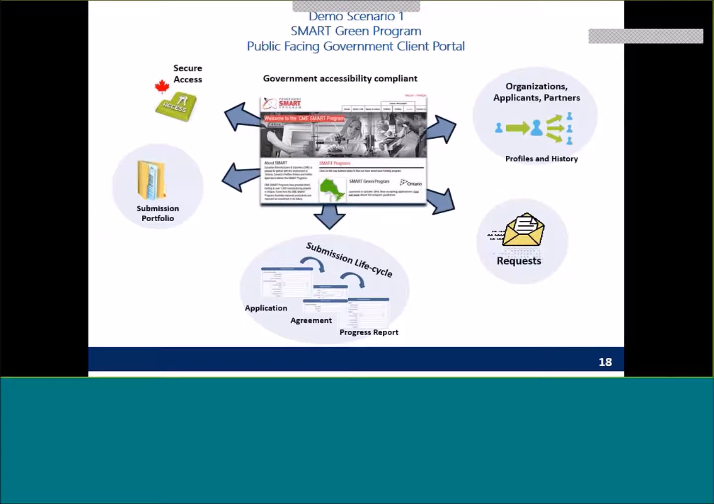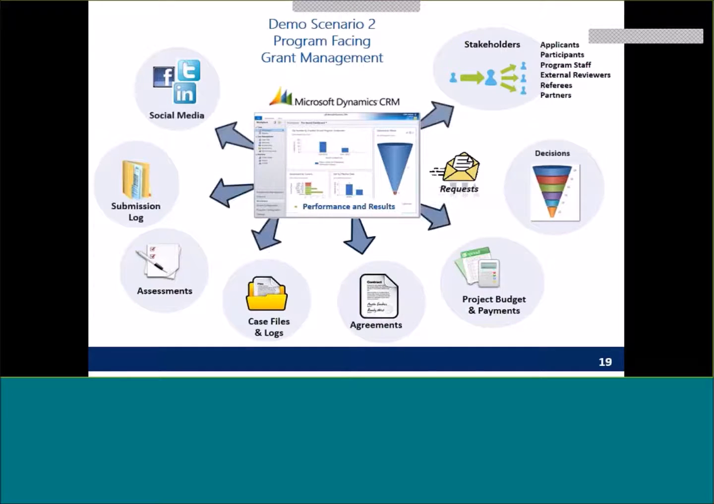Okay, thanks, Mike. That was great. What you've shown us in this first scenario is the Government Client Portal, the extension of CRM to the public, so citizens, applicants, recipients can access the portal throughout the life cycle of their cases with the program, including completing applications, as you just demonstrated, or later on completing progress reports, which pick up information from the application and previous agreements, and display it back to the applicant so they can now put in actual data associated with that project. So now what we'd like to do is talk about the program-facing side, the dynamic CRM-based grant management